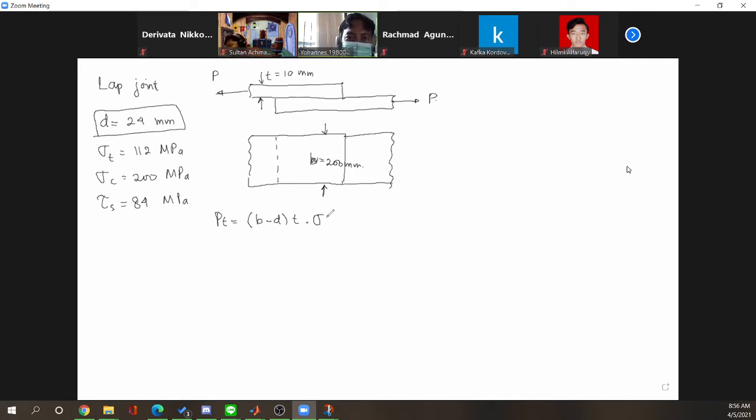This is the tensile strength of the plate. So B we have 200 and D, the diameter, is 24 and the thickness is 10 millimeters and the tensile strength is 112 megapascal. So here we will have, for a single rivet, the tensile capacity is